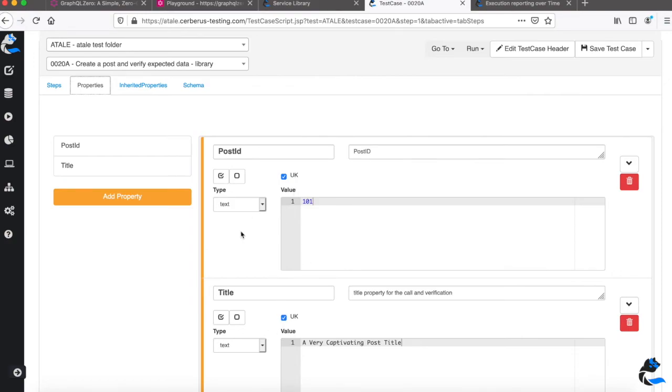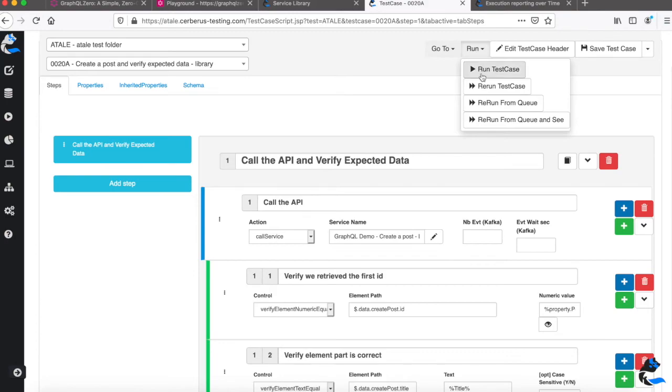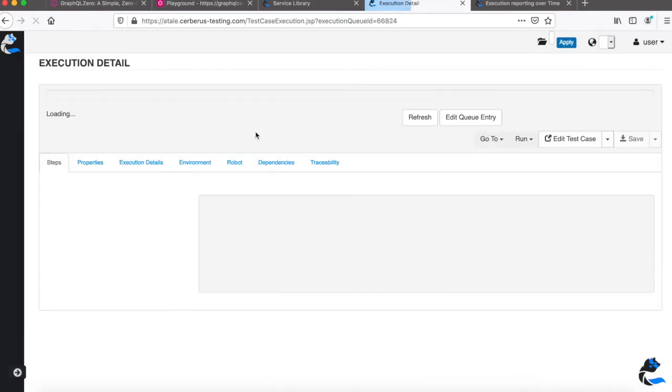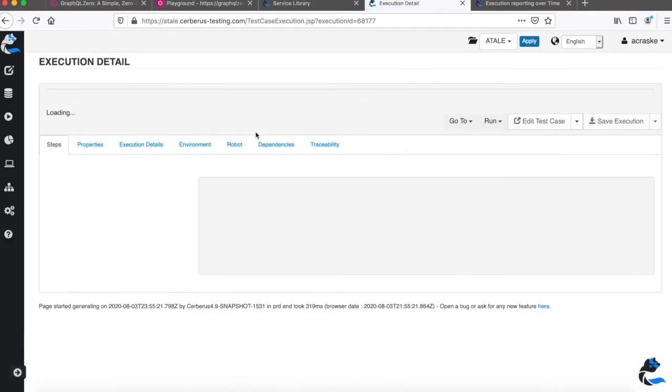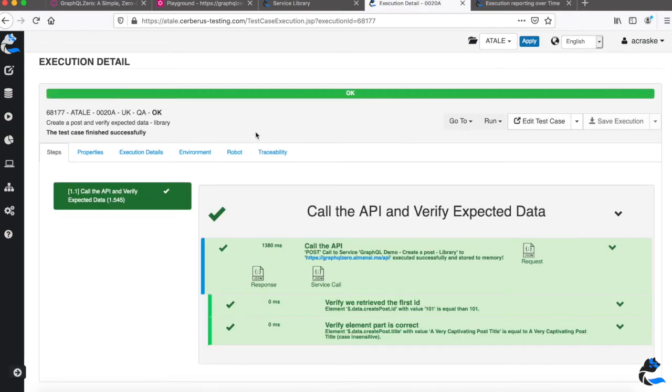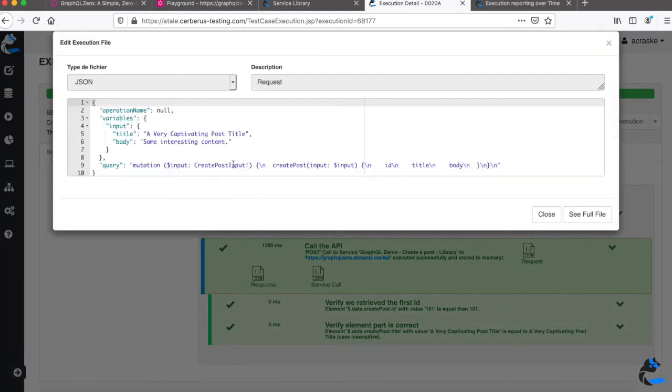And in fact, we can reuse this with the library and the data libraries that will be covered in another video to implement in a decoupled way your test case model and API template and all the data and control you want to variabilize. So here, just for the sake of example, I will just rerun the test to verify it's working fine getting the parameter from the service, and as you see here, the parameter has been replaced by the properties.